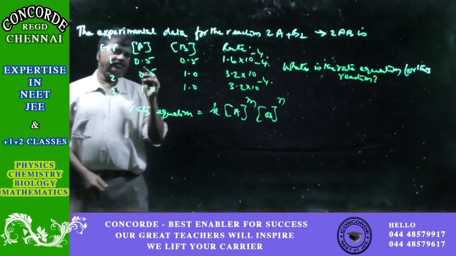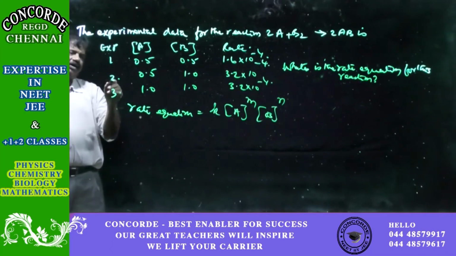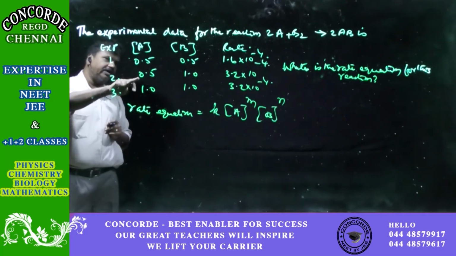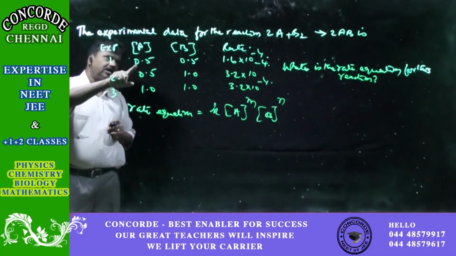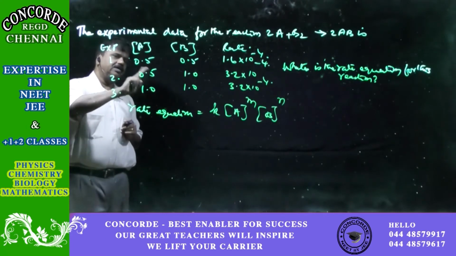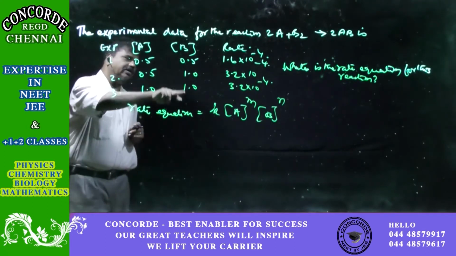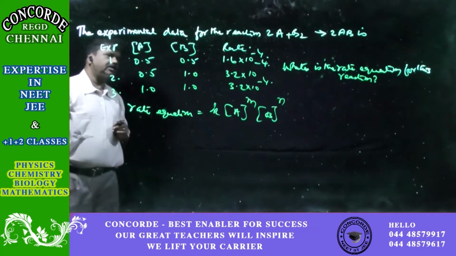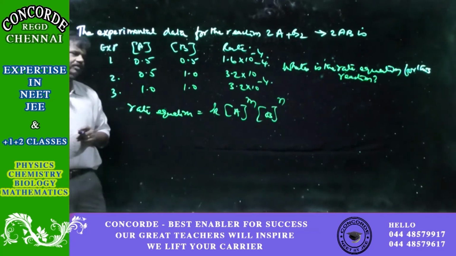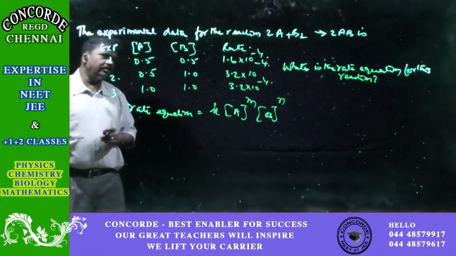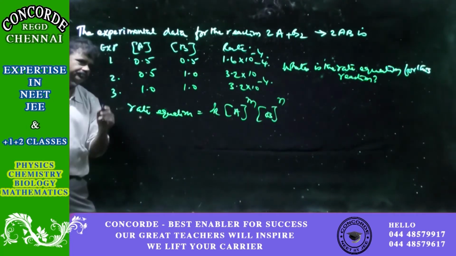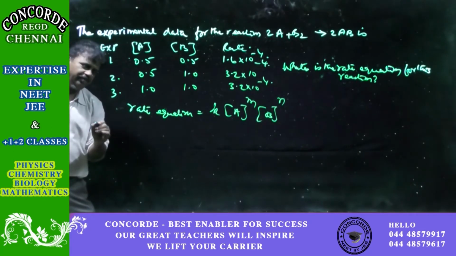Okay. So, if you take the second equation by the first equation, or using both where there is a difference: in one case both are doubled, in another this is the same and that is doubled. So, using these three equations, how do we work out the values of m and n? If you take 2 by 1, that is experiment 2 divided by experiment 1.